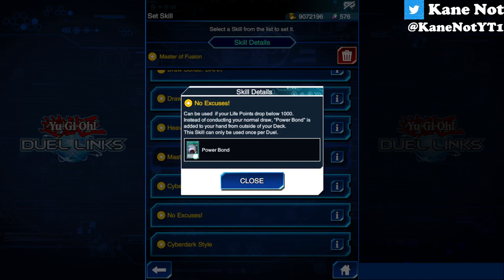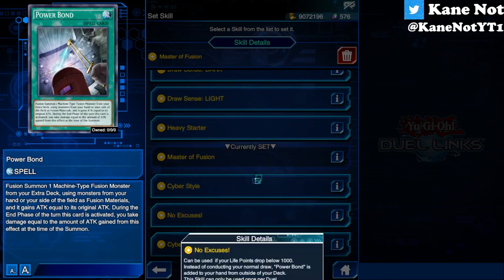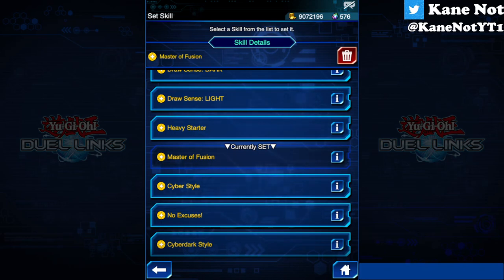If not, Power Bond has a drawback effect of taking damage equal to how much attack was increased for that turn. So imagine your life points were less than 1000, and you were to take damage equal to how much attack is increased. So seeing that Cyber End Dragon is at 4000, you'll be taking 4000 points of damage, whereas Cyberdark Rampage Dragon is at 2100, and also there's Cyberdark Over Dragon, even though it's at 0,